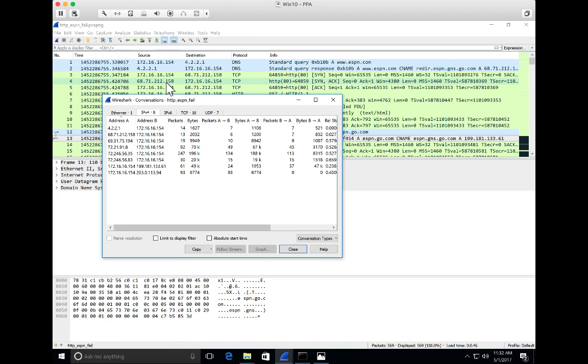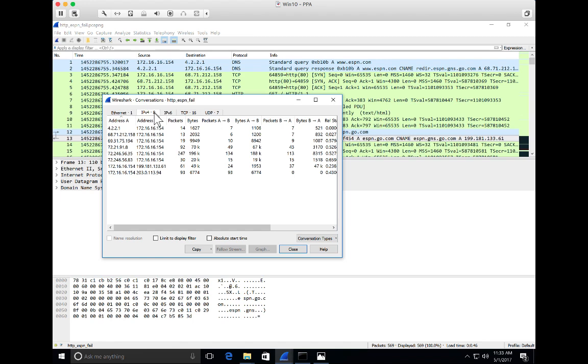Now, in this case, we see we have our conversations window, and it's divided into a couple different sections, as we've seen. We have 16 TCP conversations, 7 UDP, and 8 IPv4. And we're already open here to IPv4, and notice that there are 8. And that's a little weird to me. That's interesting because